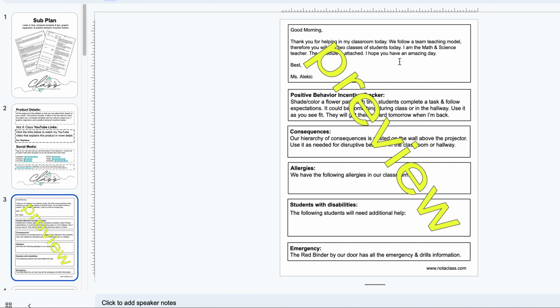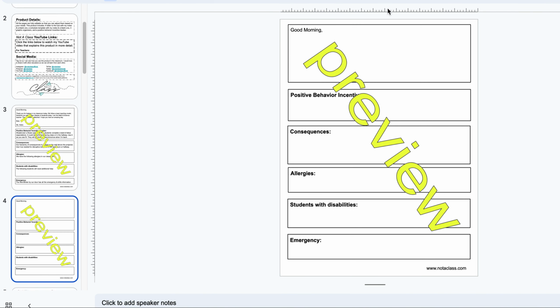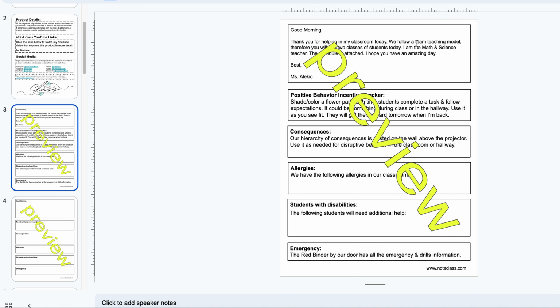I have a little example over here, just good morning, thank you for helping me in my classroom, and a little bit about your classroom that you think is important. You can delete what I have in here and write your own, or you can use this blank example. Along with this little note for the sub, I also explain the positive behavior incentive trackers in the classroom,